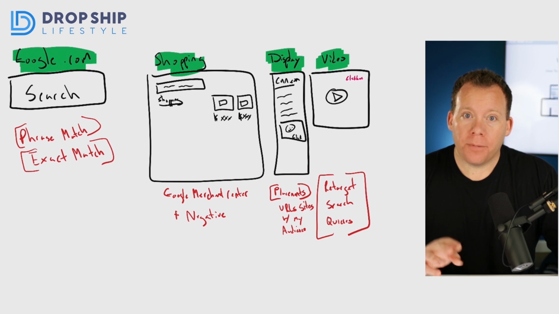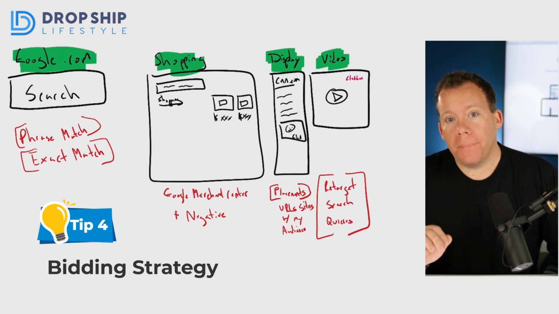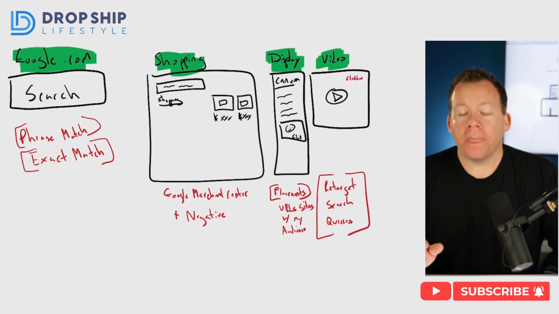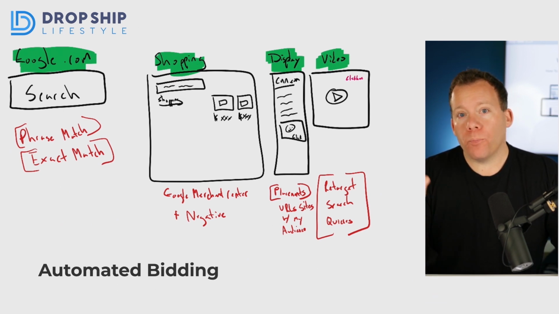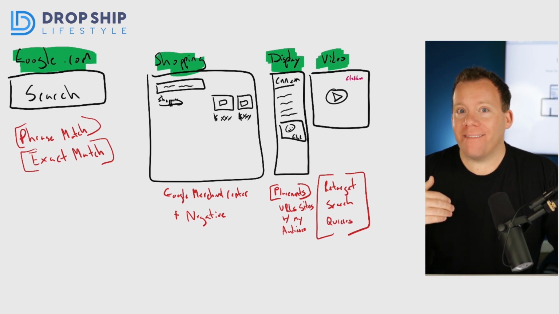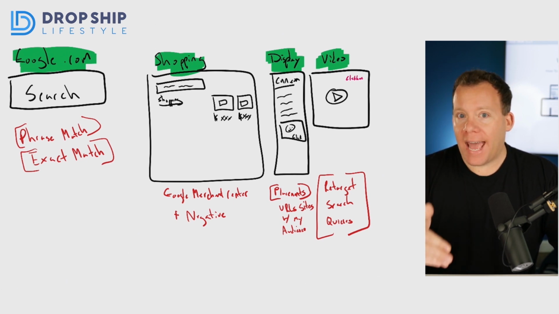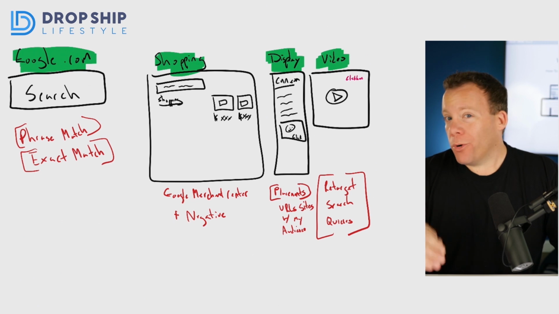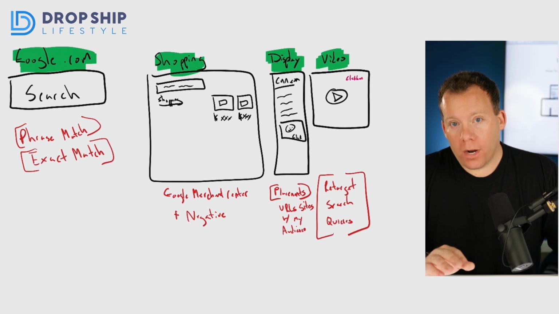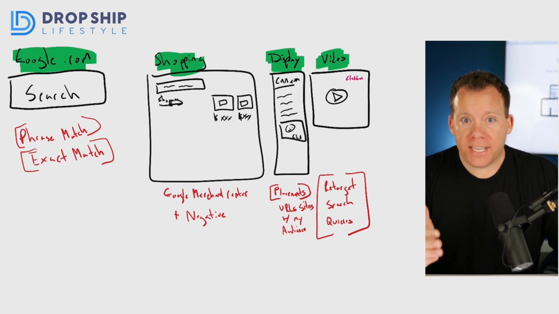So this moves us right into step number 4, which is where you choose your bidding strategy. Now, Google gives you a ton of different ways to bid and how to try to optimize. And at the top level, it will say, do you want to use automated bidding or do you want to use manual bidding? Well, automated bidding is great once you have a lot of account history. Once you already know which keywords and ads and campaigns are making you money. And more importantly, once Google knows that by sending you traffic and seeing conversions, then you can use automated bidding and they can do a really good job of keeping your numbers within KPI,